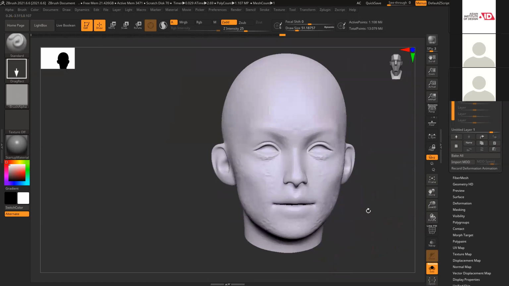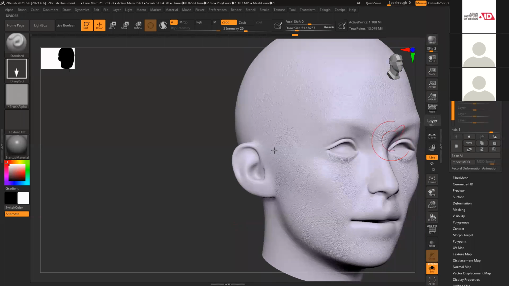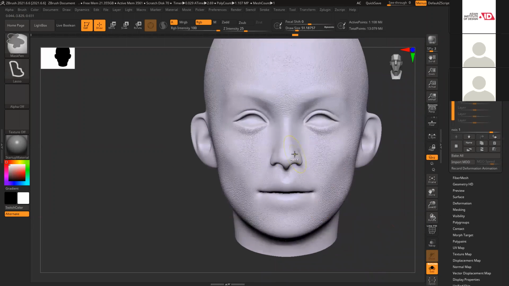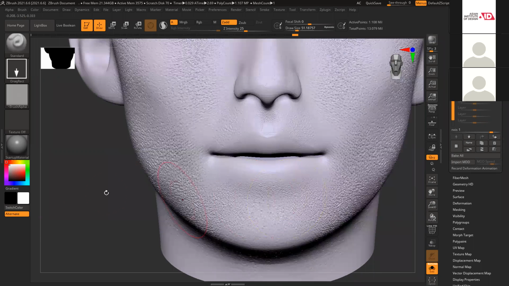Sir, ears and all? It will come automatically. This is not required because we have this one, right? If I switch on this, see, it blends automatically. So here my basic detail is there, but you can see these are pretty strong, right? So I have to fix those things. This was for this and lips.